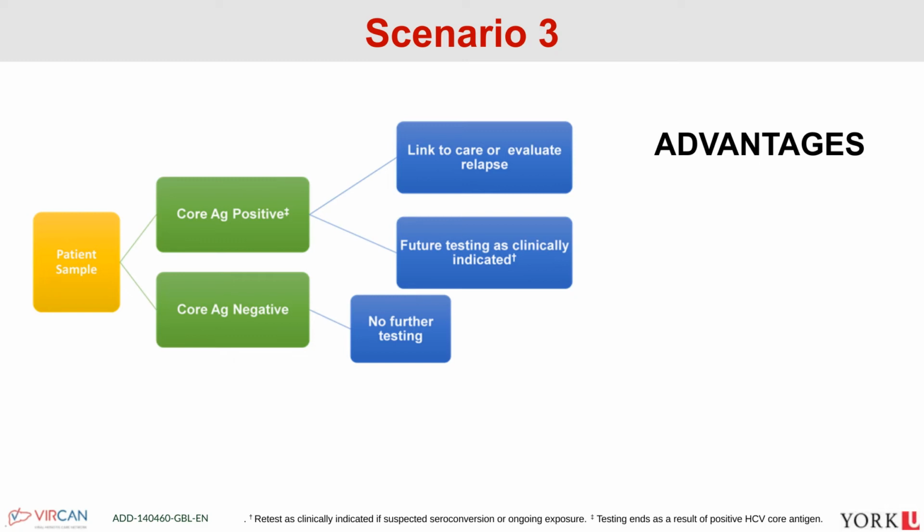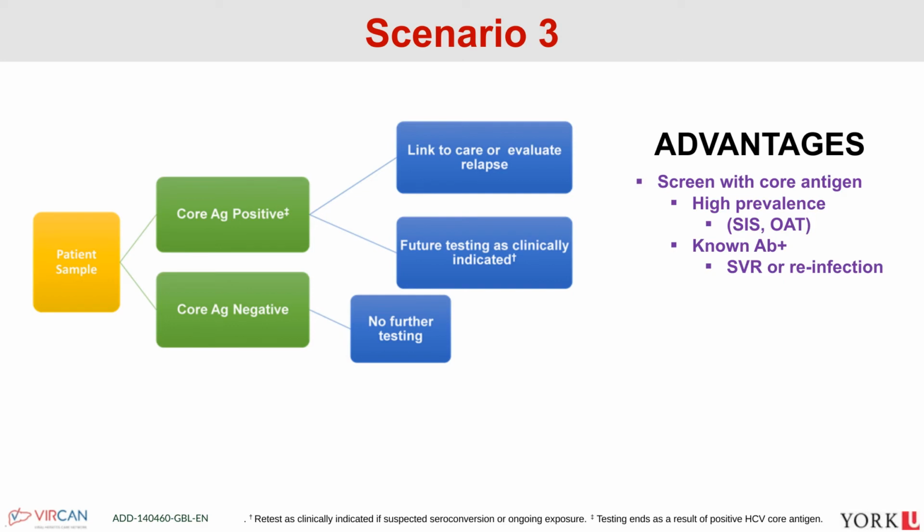The third scenario, which I think is a pretty exciting scenario, and I think probably where we need to move to, is to get rid of antibody testing among populations and in regions where the prevalence is extremely high. By that, I mean anywhere from 10 to 50%, which we might see in a population of people who use drugs or a population of people with severe and persistent mental health issues. And so actually screening with core antigen. Can you imagine just a single test to look for active infection? Yes, we will not know about their exposure status, but we will know if they're actively infected, which is truly what we really care about.